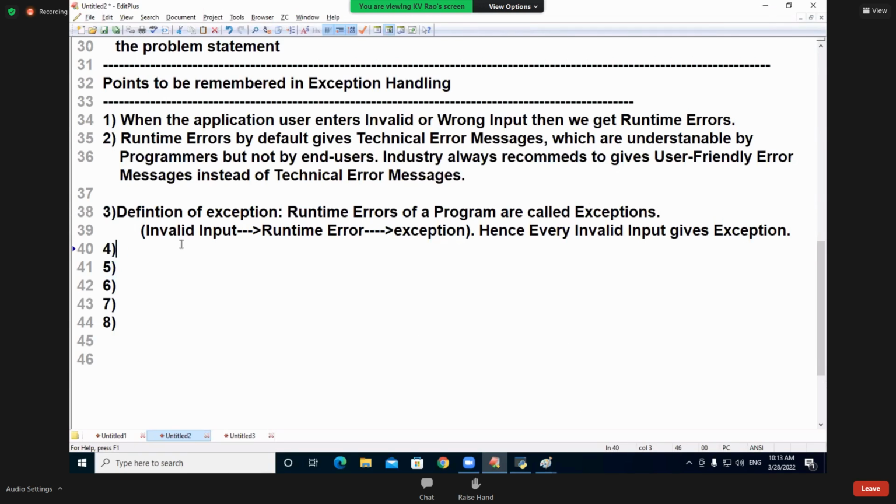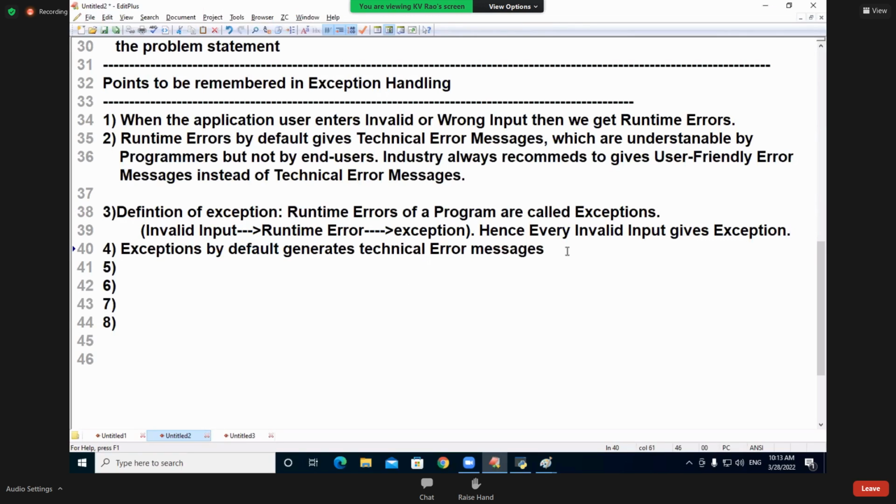Now I am going to give this. Exceptions by default generate technical error messages. See the words: by default, I am saying.